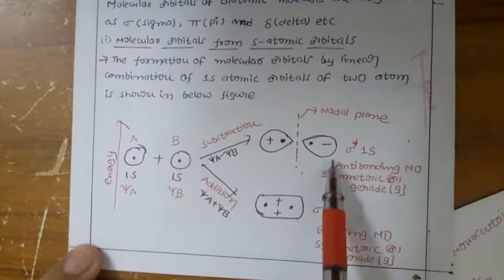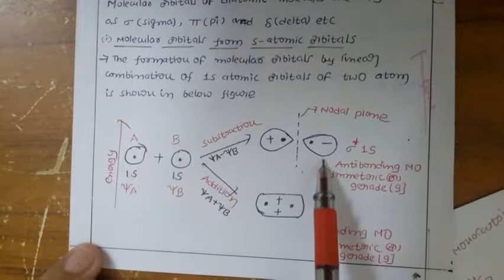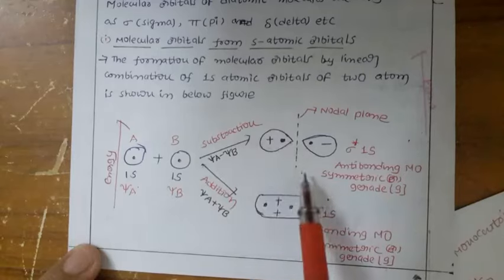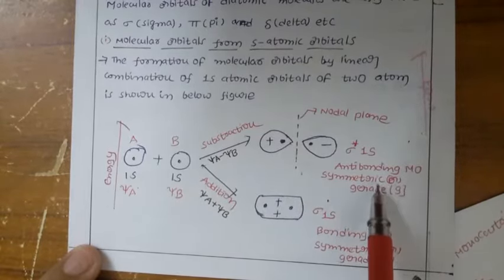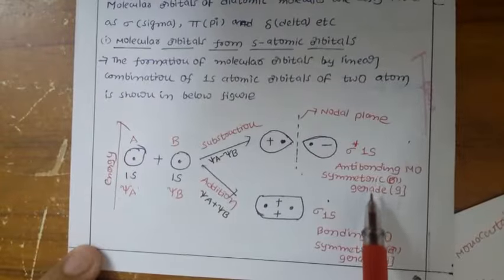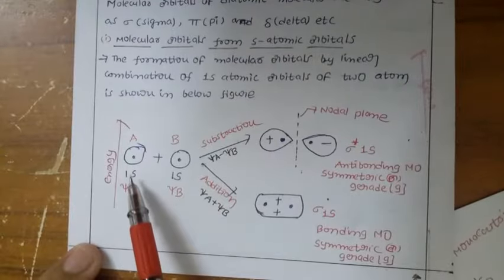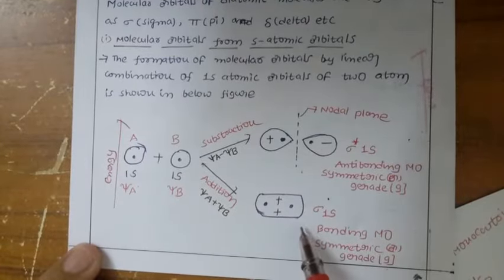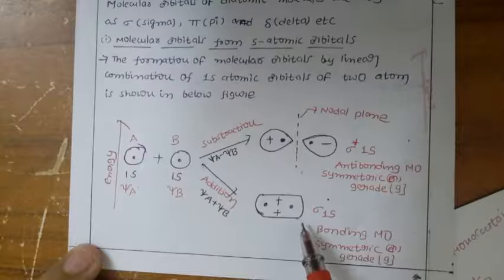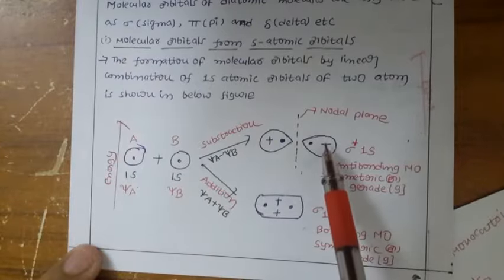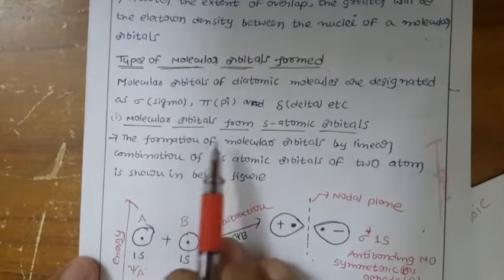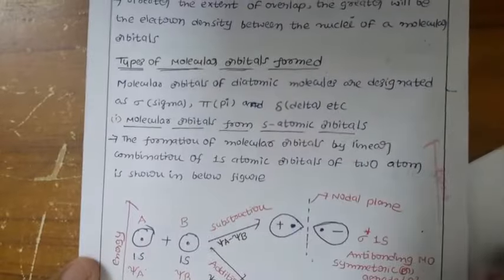This is a structure. In the previous discussion, I told you it has a complex structure. You do not need to remember the structures. Just remember that the bonding molecular orbitals are gerade or symmetric, which is important. From 1 plus 1, we have two atomic orbitals, and we get two molecular orbitals: one is the bonding molecular orbital and the other is the antibonding molecular orbital. So this is the formation of molecular orbitals from the s atomic orbitals.